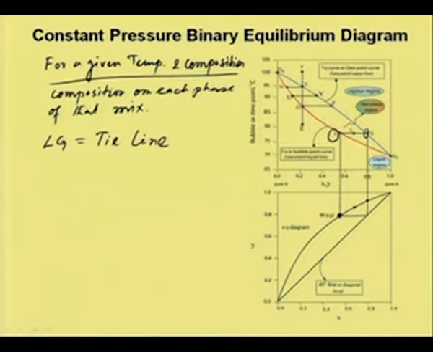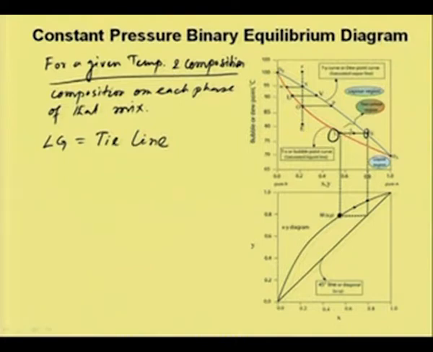So, we can draw an infinite number of tie lines in this region, and as I said, the point on the lower curve at L represents the saturated liquid, and the point at G represents the saturated vapor. The region below this red line, which is saturated liquid, is known as the liquid region, and above the blue line represents the vapor region. And the region between these two, bubble point and dew point, is known as the two phase region.